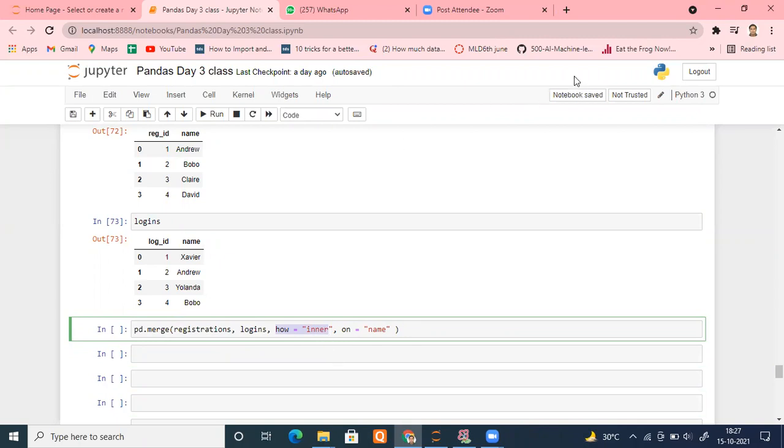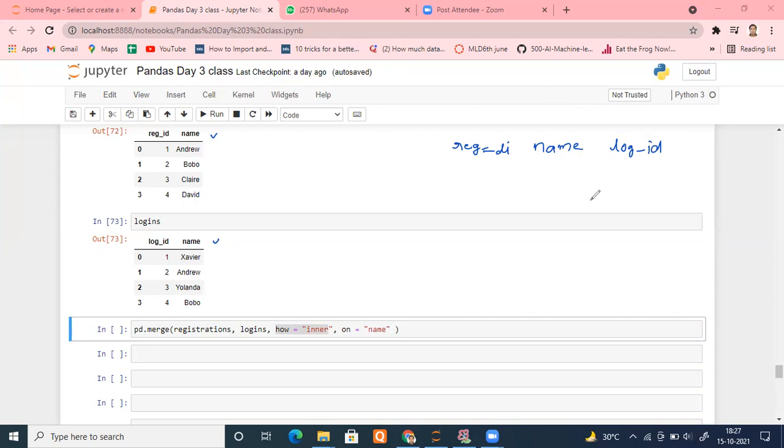Now see how it will work. Let me show you that. When you mean inner join, what is the key column? Name here. First of all, the new data frame that you are going to have will have all the columns from both the tables. So registration ID will be there, and name is common, so it will not repeat. Name will be mentioned, which is your key column. Second, your login ID. 3 columns will appear in our result when we are doing inner join.